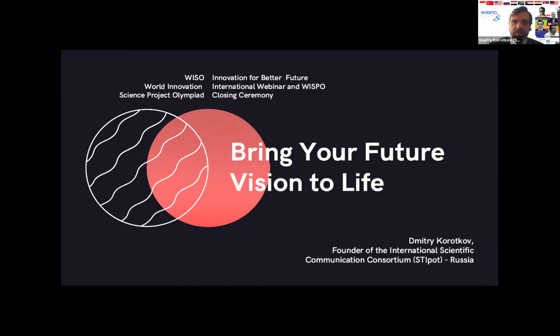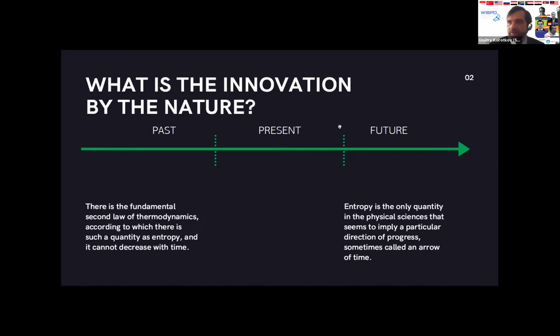So we all speak today about innovation, but what is innovation by nature? Why could innovations be created by people, not by, for example, animals? So there is a fundamental second law of thermodynamics, according to which there is such an inequality as entropy, and it